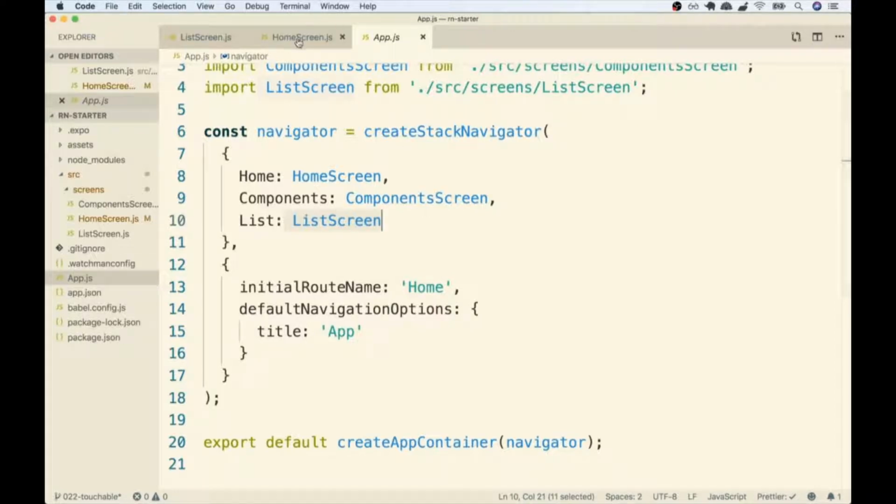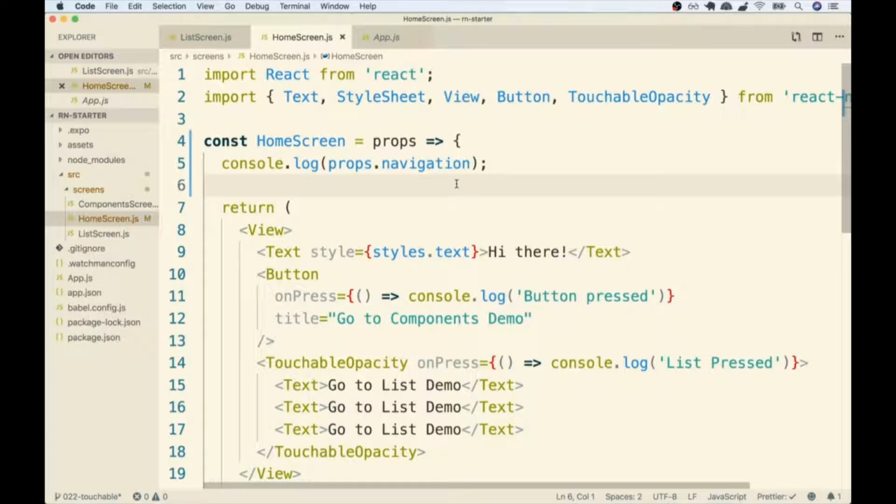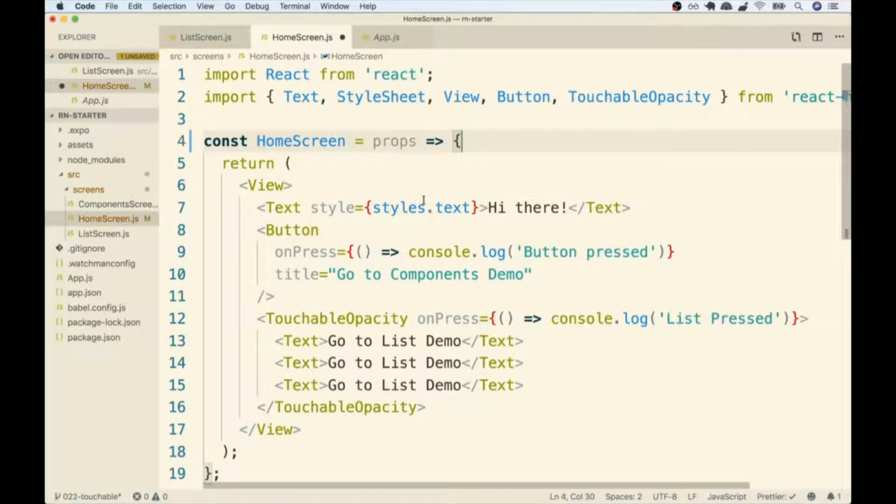Okay, so let's now test this out. To test it out, I'm going to go back over to my home screen component. I'm going to clean up that console log that we have right there. And I'm going to find my button and replace the console log inside there. So not the entire function, just the console log. I'll replace it with